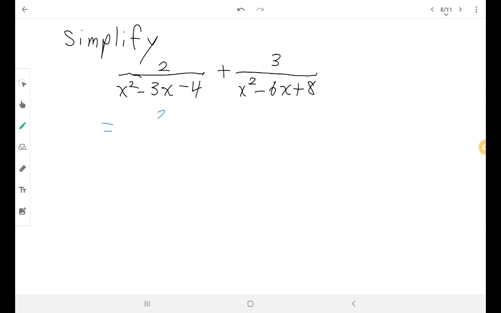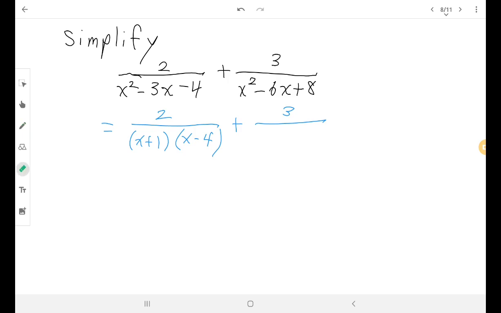Okay, so we've got 2 over, and I want to factor that one. So x and x, and then 2 numbers that multiply to make 4, subtract to make 3. Oh, and a minus here means one of them's plus, one of them's minus. So 2 numbers that multiply to make 4, subtract to make 3, that's 4 and 1, with the bigger one getting that sign, so 4 there, 1 there, plus 3 over,